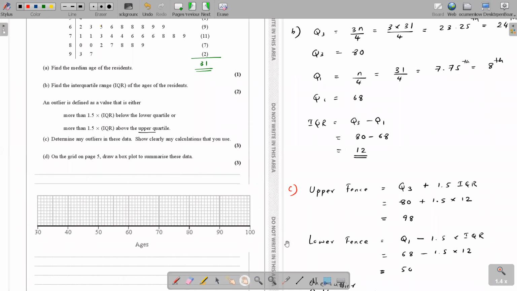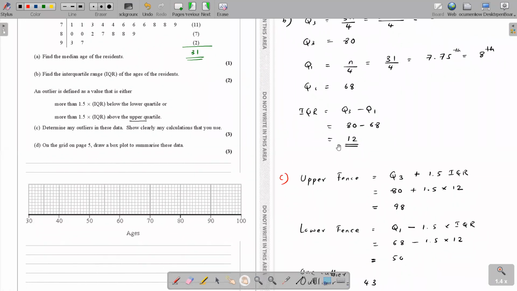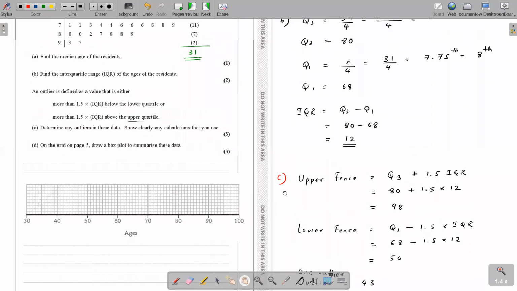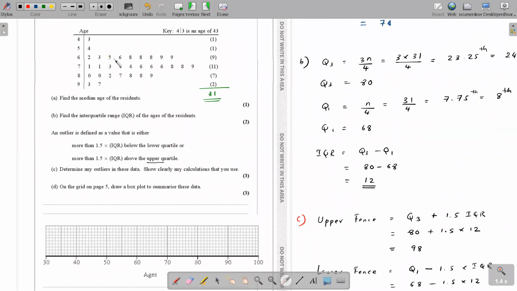So on the box plot, how do you draw it? You all should remember these upper fence and lower fence boundaries we calculated. Do we mark these in our box plot? No. The upper fence and lower fence are only used to identify outliers. They don't have any other purpose. So children, the 43 is an outlier. An outlier you mark with a cross on the diagram. So mark this 43: 41, 42, 43. Mark the X in the diagram in the middle, at 43.